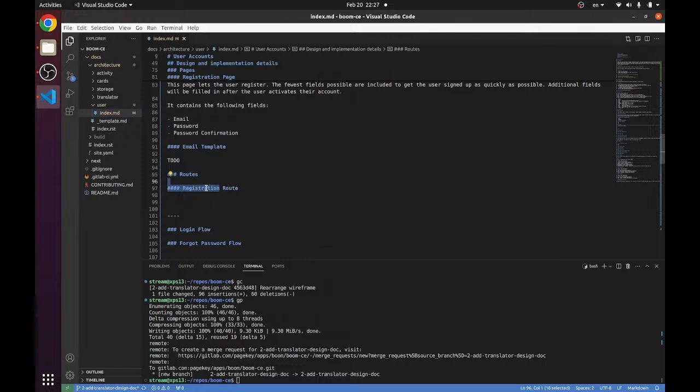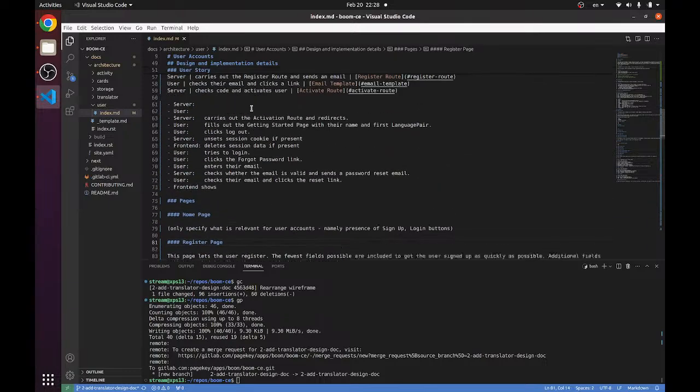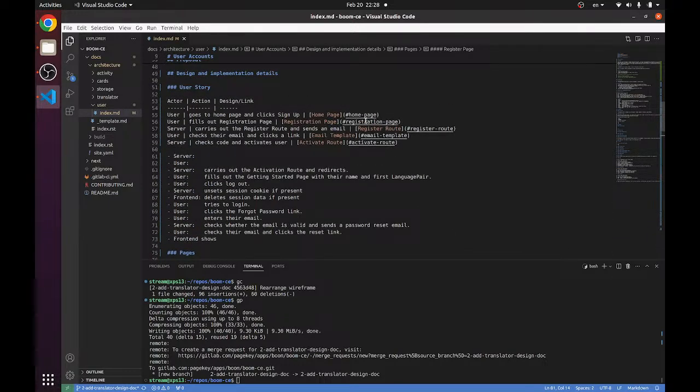We'll call this the register route. And honestly, registration's too long. We'll call this the register page too. Register page. Register page, home page, click sign up, register page, okay, register route, email template, get sent, activate route,